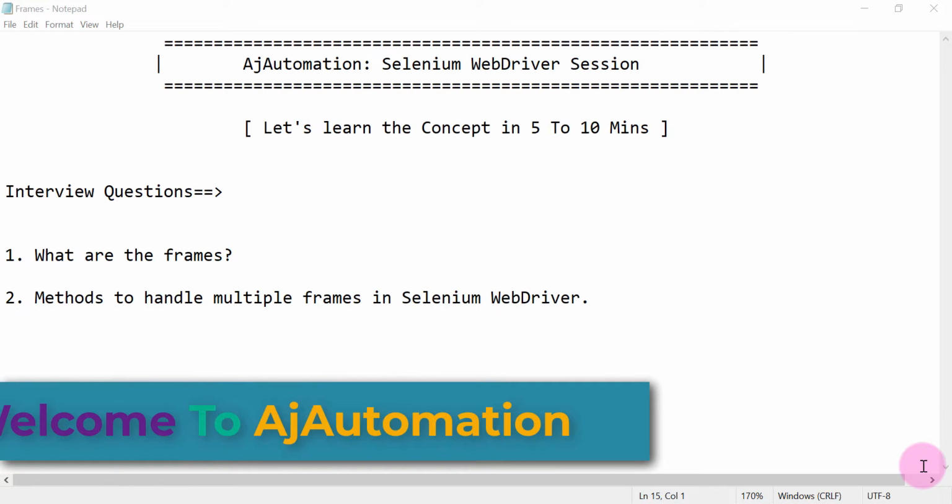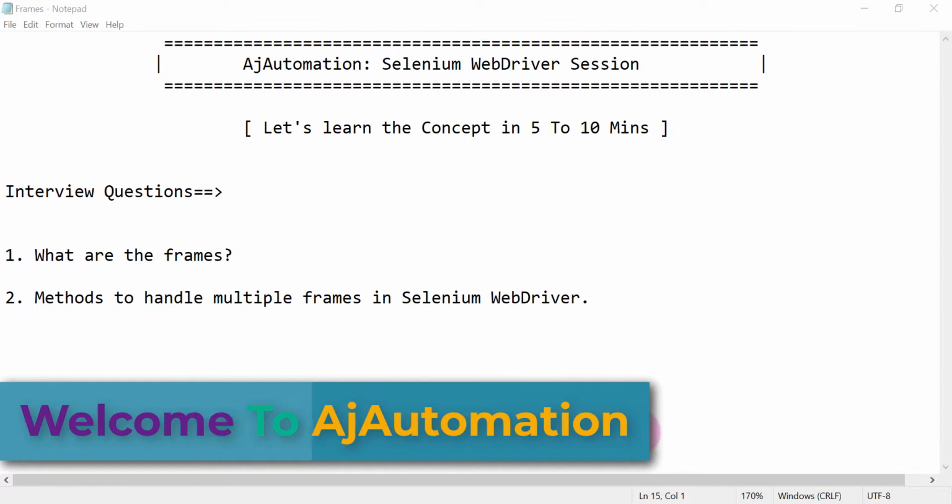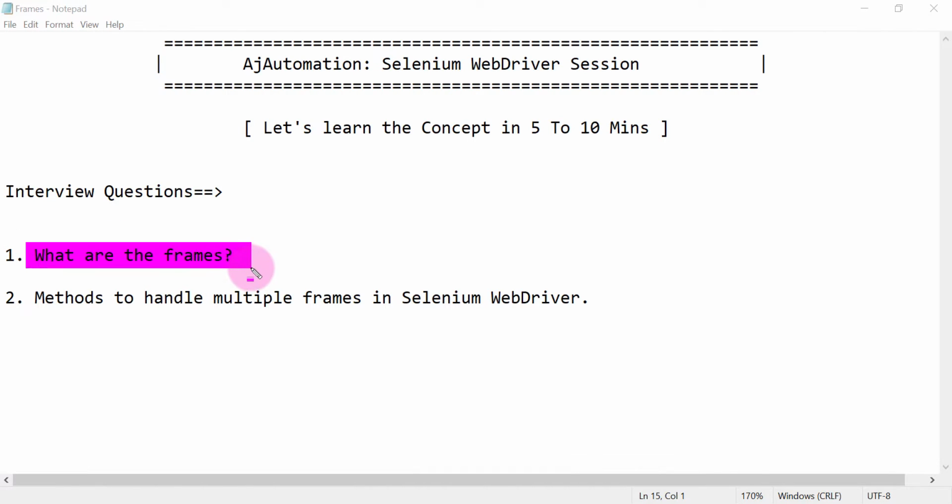So today I'm going to cover two interview questions. First one is what are the frames? So we are going to learn what exactly the frame concept is. Okay, very important from your interview point of view. And if there are multiple frames in the web page, then how you are going to handle it using Selenium WebDriver. So these are a couple of questions that can be asked in the interviews, and this concept is very